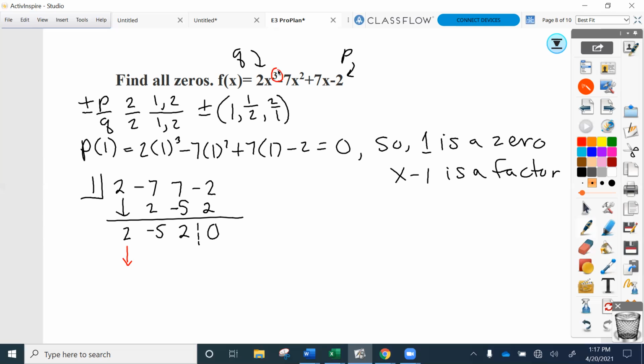So let's see, we started out with a cubic, so we've got to move down 1 degree. So we're going to go to 2x squared minus 5x, coming down 1 more degree, and finally +2. So we already knew, from our P and Q, we figured out that one of the factors is x minus 1. Here's the other factor, but it is not